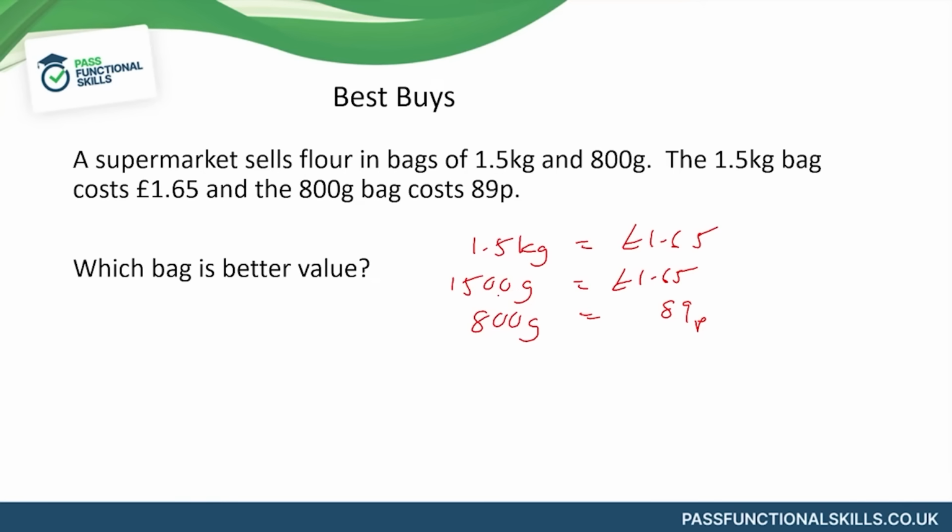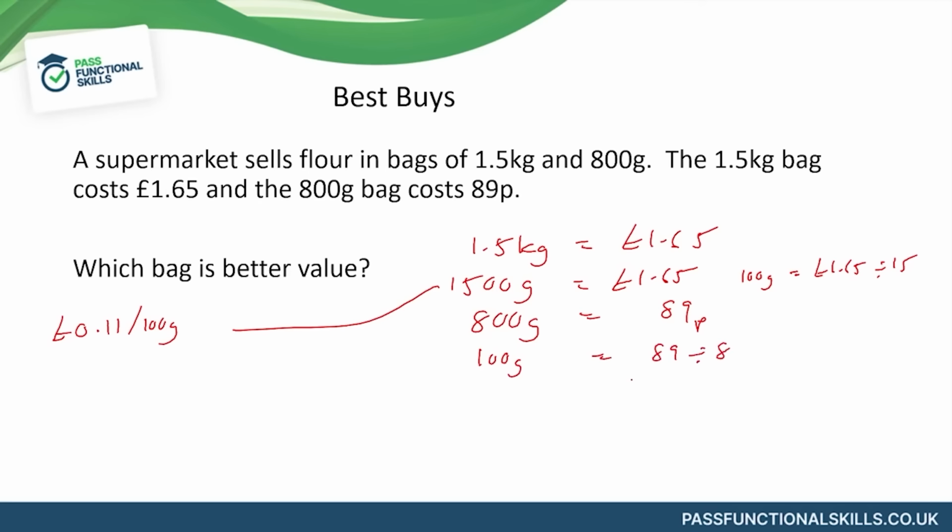So what I'm going to do is work out what it is for 100 grams. So if 1500 grams is this amount here, then 100 grams is going to be £1.65 divided by 15, and £1.65 divided by 15 is 0.11. So let me just make a note of that. That is 0.11 pounds, and that is per 100 grams. With the other option, 800 grams is 89p, so 100 grams would be 89 divided by 8. So per 100 grams, 89 divided by 8, that is